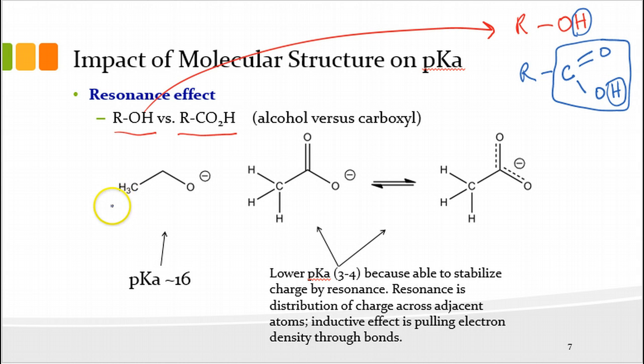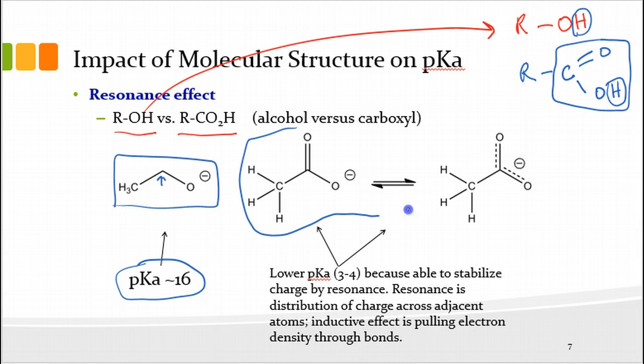If we look down here, I'm putting a box around the alcohol after it's lost its acidic proton. This is ethanol, right? CH3, there's a CH2 right there, and then the O, and we've lost the H. So ethanol can lose its proton, but not very easily, because look how high that pKa is. pKa's of alcohols tend to be around 15 or 16. All right, so ethanol is around 16. Now, to the right, then we have the